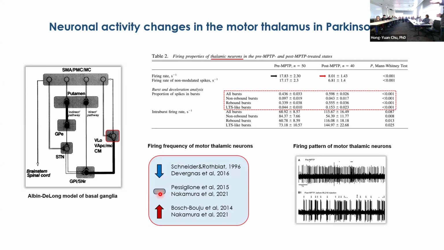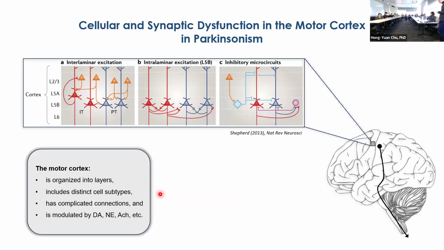in the thalamus, as shown at the bottom right. Actually, we know that this burst activity is very important for neuroplasticity, but it can also contribute to neurological disorders. We were wondering how this kind of burst activity happening in the thalamus may impact cortical circuits. This is just background, and it introduces our study of cellular and synaptic dysfunction in